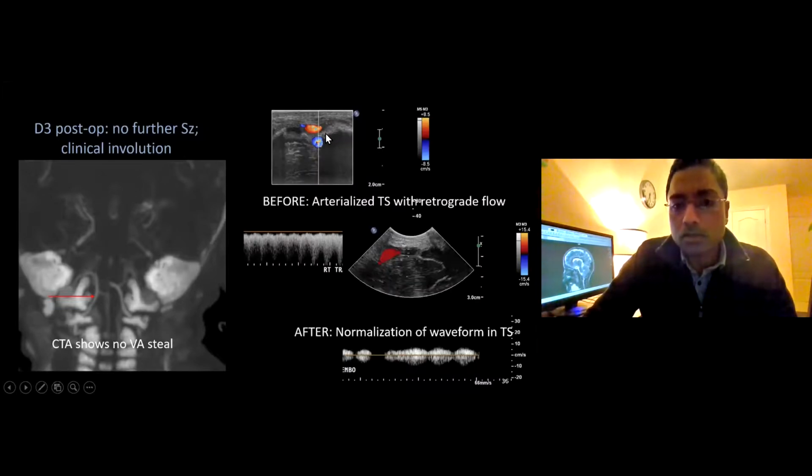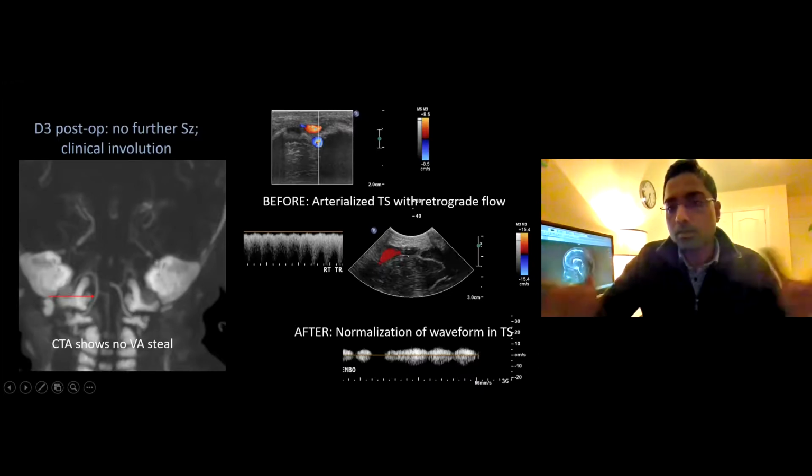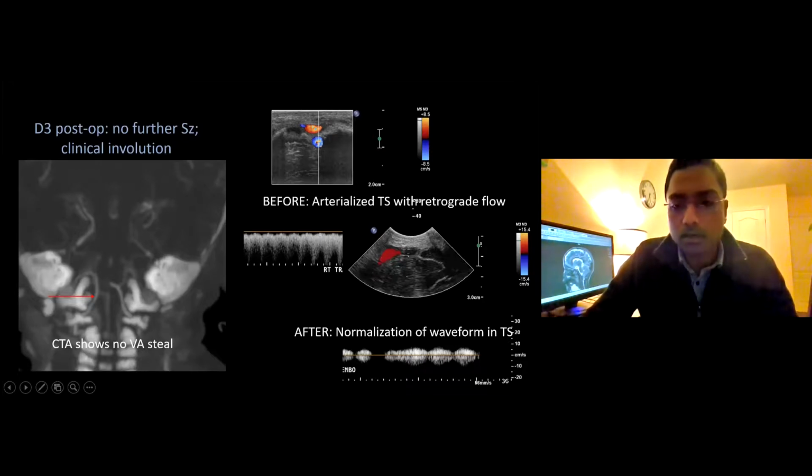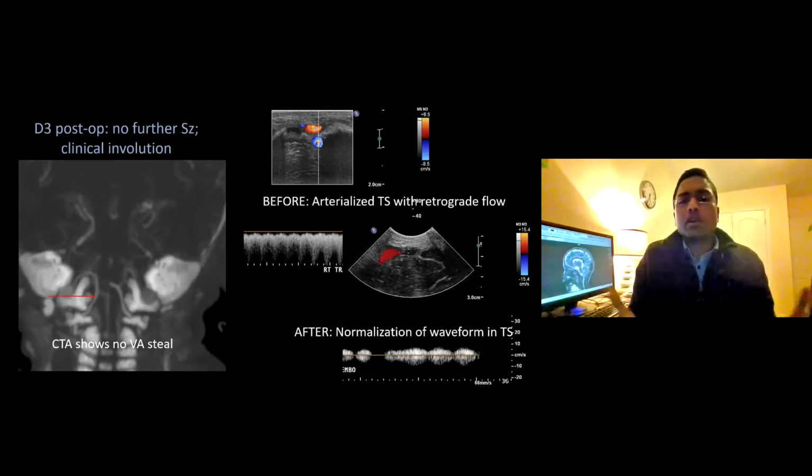And here's the dural sinus before the treatment with the arterial pattern, and after the treatment with a venous flow. So we are able to completely take down that arterialization of the brain sinuses. So to summarize this whole